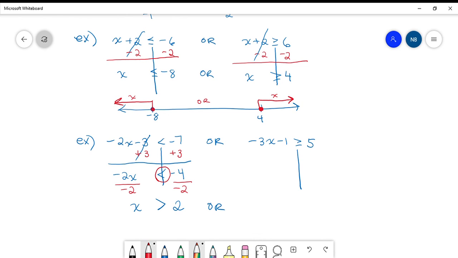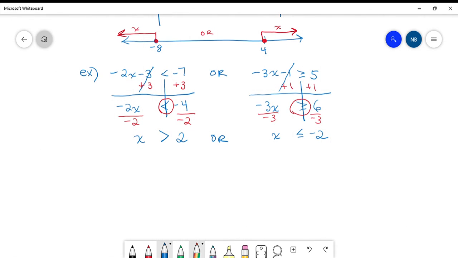second part of the inequality, I'm going to add 1 to both sides because negative 1 plus 1 is 0. So negative 3x is by itself, greater than or equal to 5 plus 1 is 6. Dividing both sides by negative 3, that means I have to flip the inequality, and I get 1x is less than or equal to -2. So either x is bigger than 2